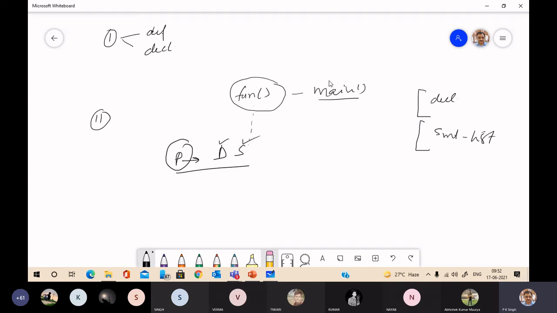In the body you have a statement list, and you can use those statements for execution.